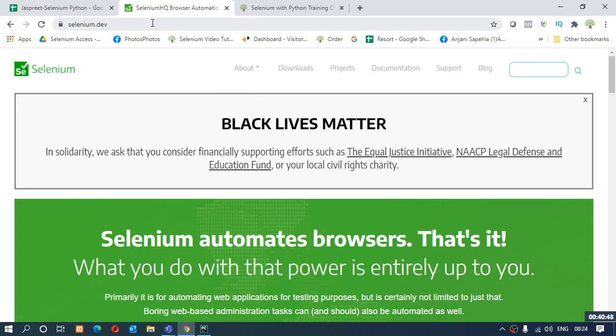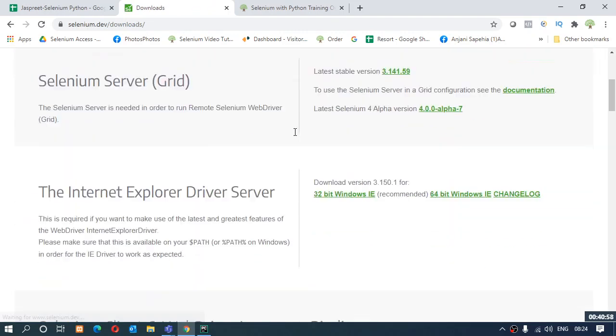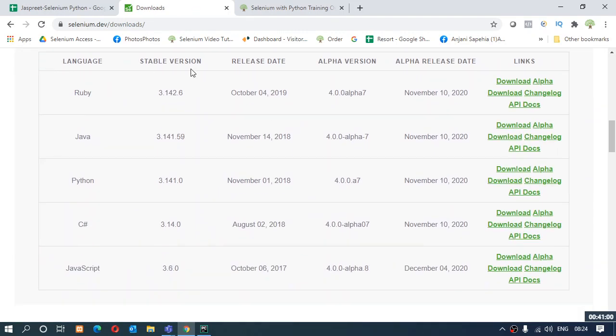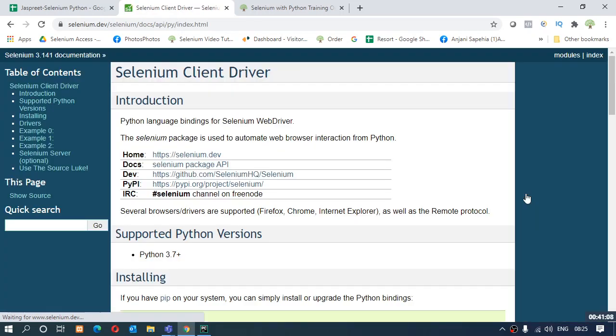Right. This is the official website of Selenium, the one place solution to all your questions. Over here, you need to go into downloads and scroll down a little. You will get a table like this. In the Python part, there is API docs given. Just click on it, it will take you to the documentation.